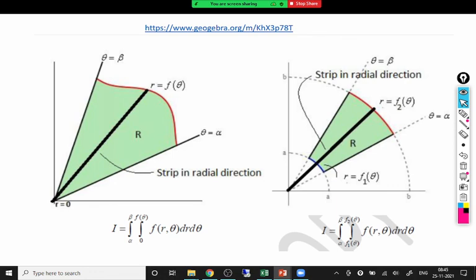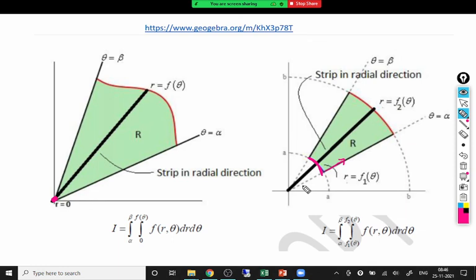There are two possibilities in the polar form for the region. The region may touch the origin. So in case 1, the region starts from the origin. In case 2, the region starts from this curve, and onward from there. Here there is no region. So there are two possibilities, case 1 and case 2.